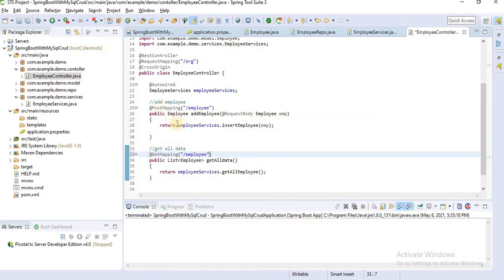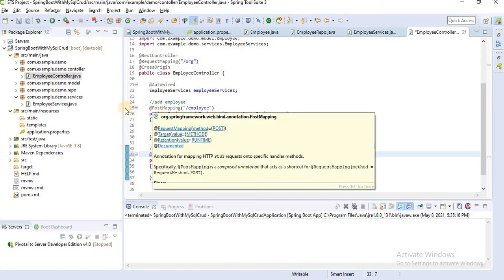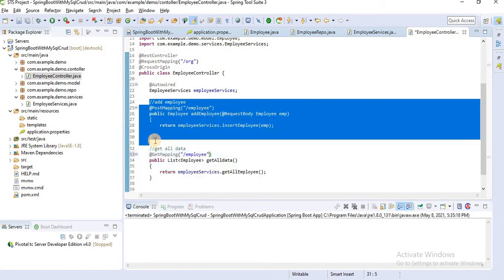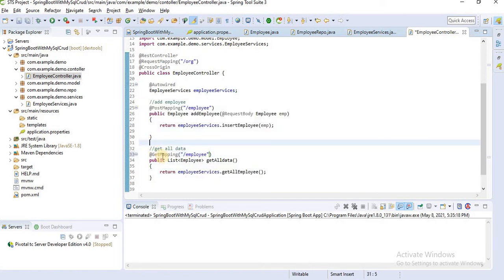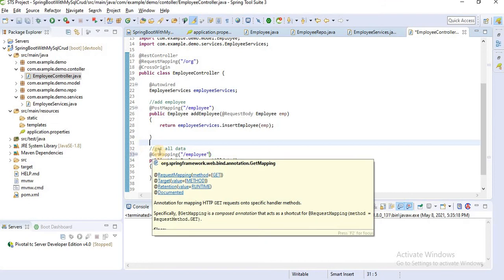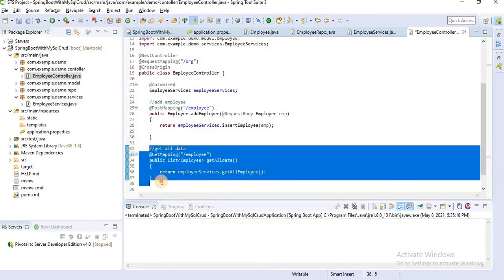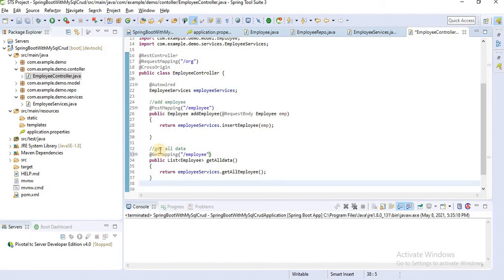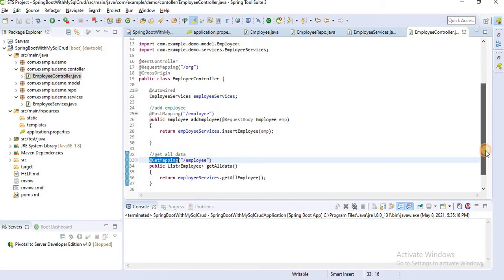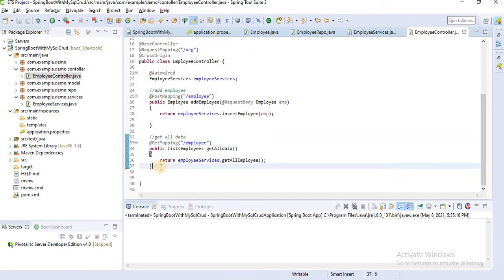When we call from post mapping, that time this URL will be called by default. When we call get mapping from Postman, that time it scans, finds the defined get mapping, and then calls this URL.